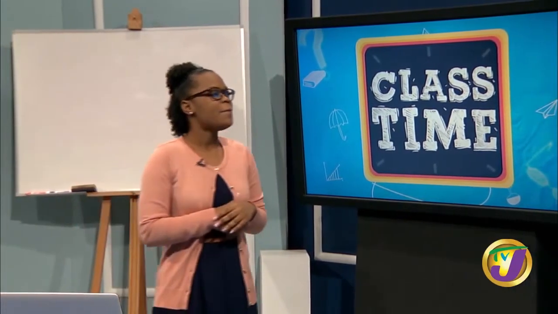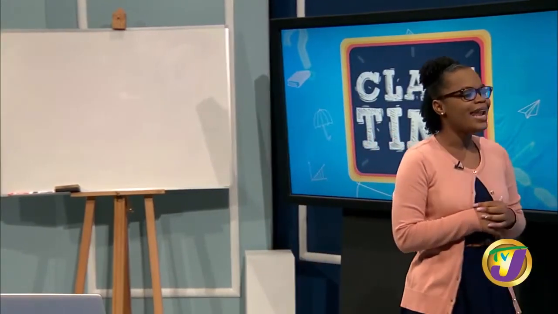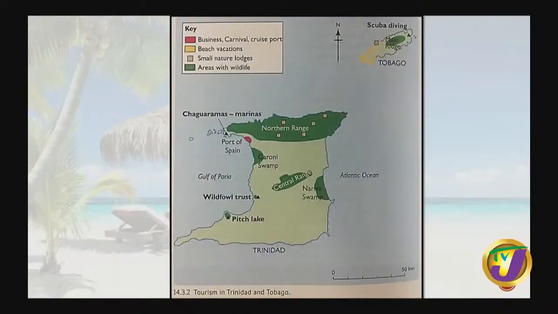I want you to look on my map. And my map is in colors. It highlights the northern range of Trinidad, and the northern range accounts for the highest point in Trinidad. All those areas that are highlighted dark green are highlands. So in these areas, they are natural reserves which provide a habitat for wildlife, unique flora and fauna that are